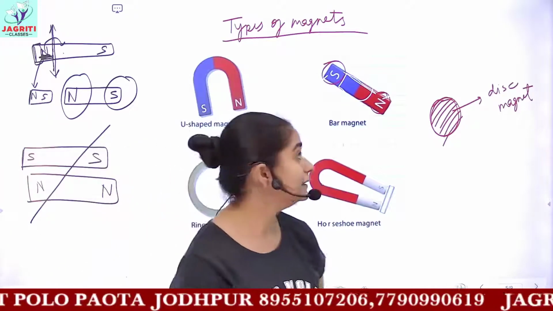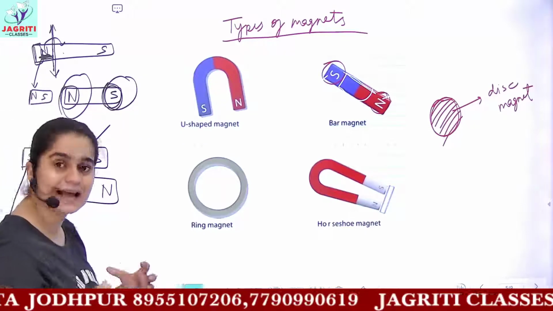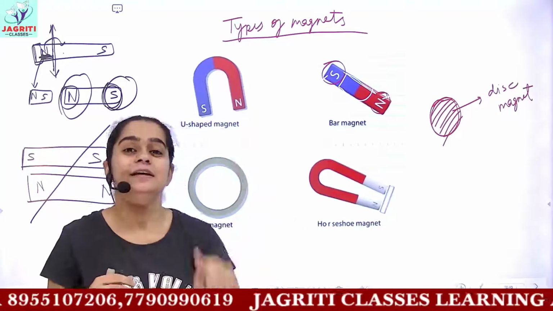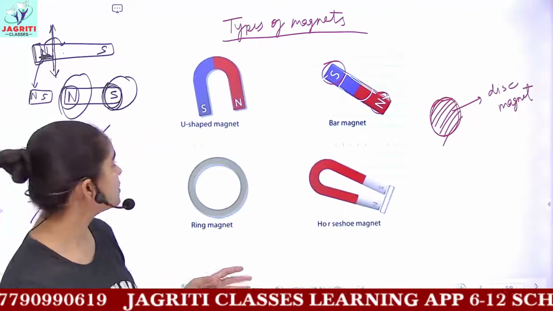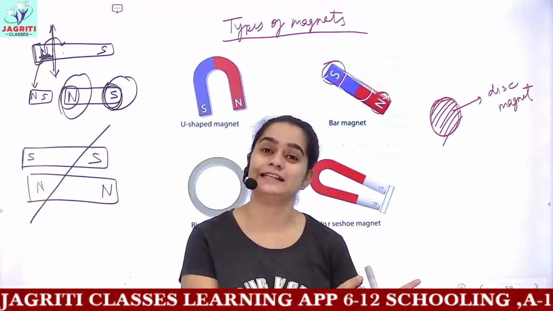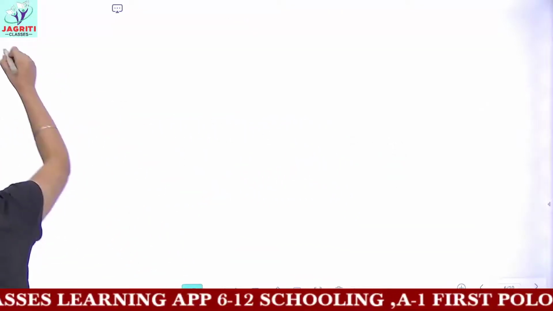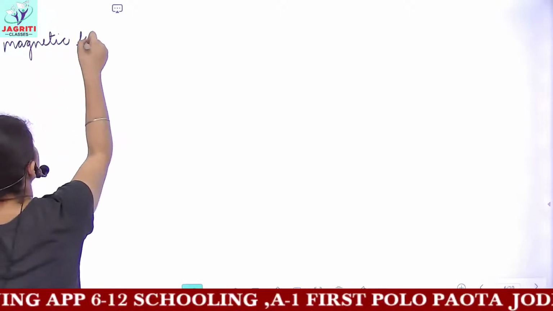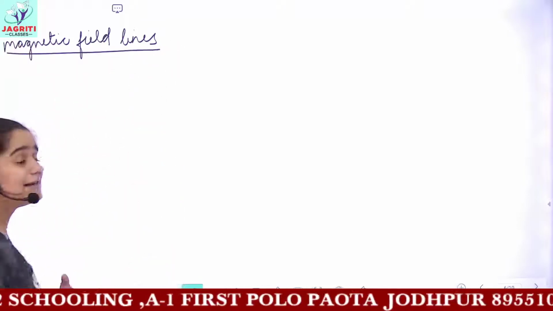Okay. And then the next, I have already told you that at the poles, the strength of magnetic field is highest. Magnetic field is what? It is the imaginary area present surrounding any bar magnet or any kind of magnet. So now we'll be starting with one more topic, which is magnetic field lines. And then we'll be discussing what are the properties of magnetic field lines. So I told you what you mean by magnetic field. Now we have to discuss what you mean by magnetic field lines.